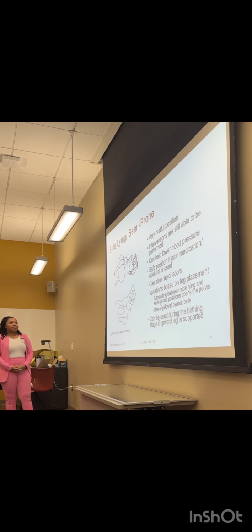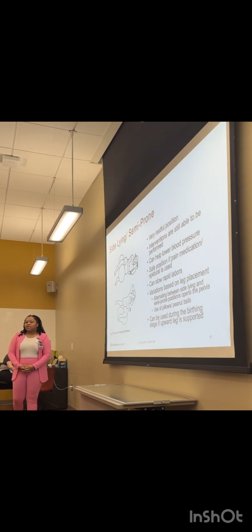Side lying semi-prone will be beneficial using the peanut ball. Of course, the birthing ball is the large ball that mom is able to sit on, and a peanut ball is a smaller ball in the shape of a peanut. This is very good for mom to sleep and get some rest, but to continue to keep that during,